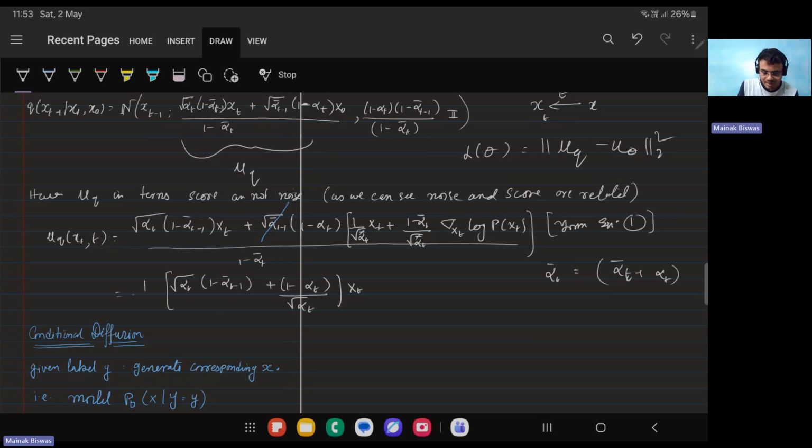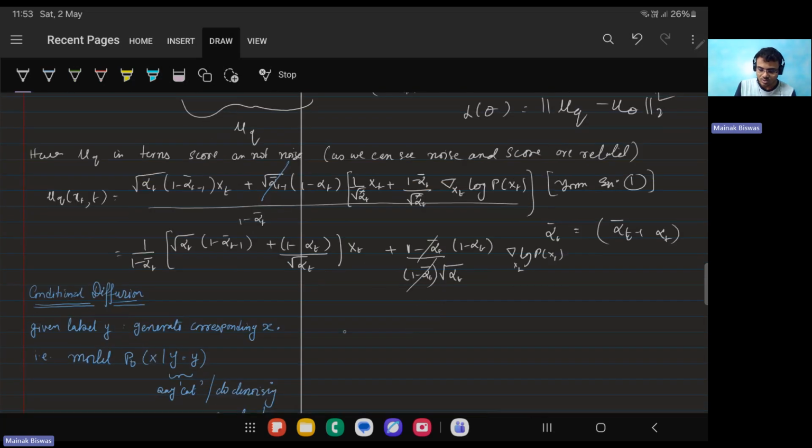I have 1 by 1 minus alpha t bar. And I have one more term with respect to the score, which is 1 minus alpha t bar by 1 minus alpha t bar, root over of alpha t (1 minus alpha t) into the gradient of log of p of xt with respect to xt, and I can cancel these two terms out. Once I do that, what I get is